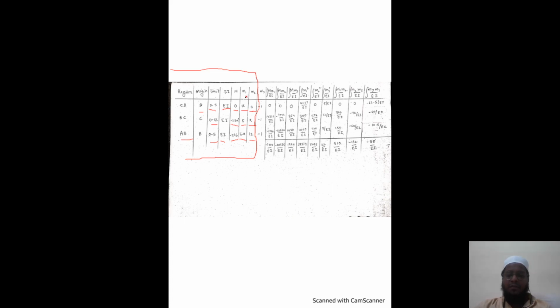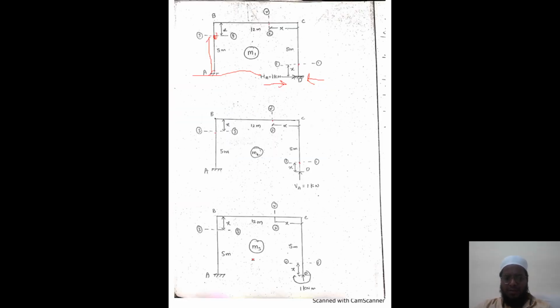Now since we have three unknowns, we'll be having M3 diagram also. You can see here, this is my M3 diagram. In M3 diagram, what I have done here, again the sections will remain on the same place, section distances will also be on the same place, only the thing which will change is moment. See here, in the previous case we have applied horizontal load, second case we have applied vertical load, in the third case we are applying clockwise moment or clockwise couple.